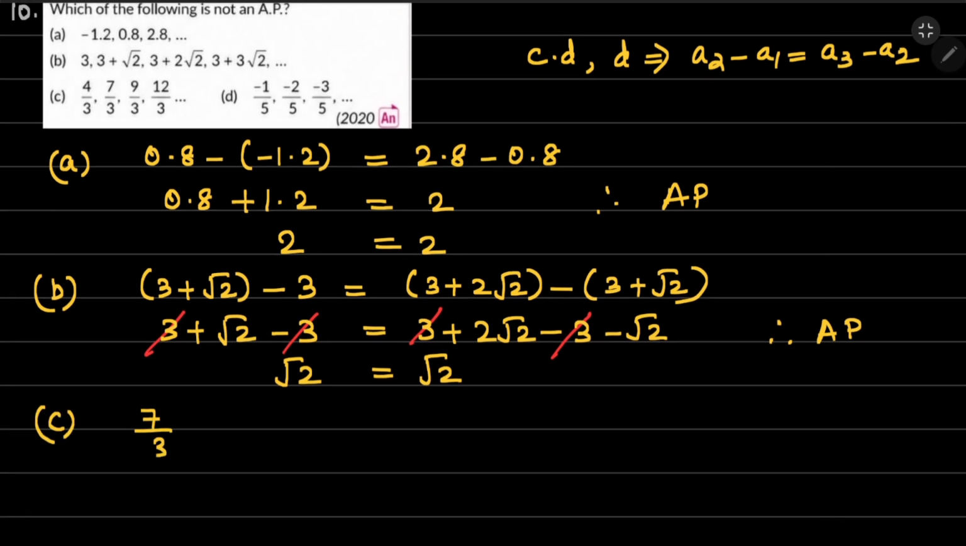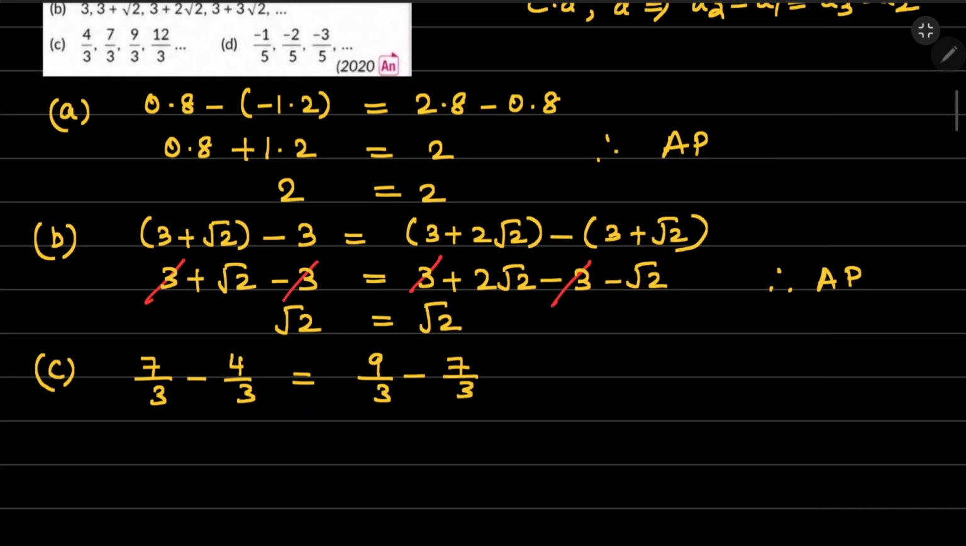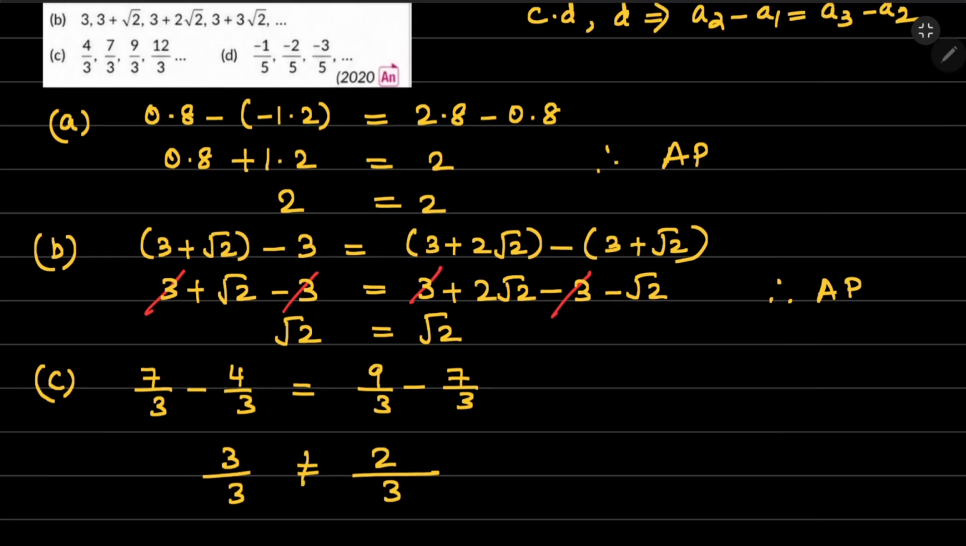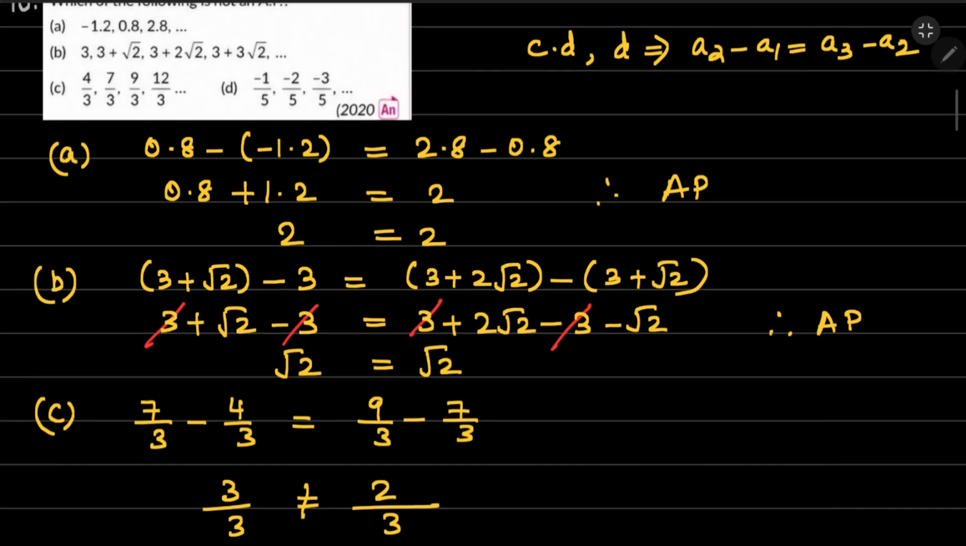So 7 by 3 minus 4 by 3 should be equal to 9 by 3 minus 7 by 3. Right? What is 7 by 3? So LCM is 3. 7 minus 4 is 3 is equal to again 3. 9 minus 7 is 2. Right? This is not equal. Here in option number C,